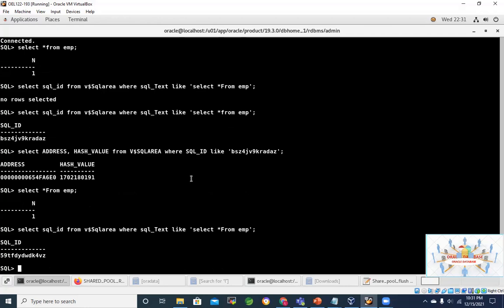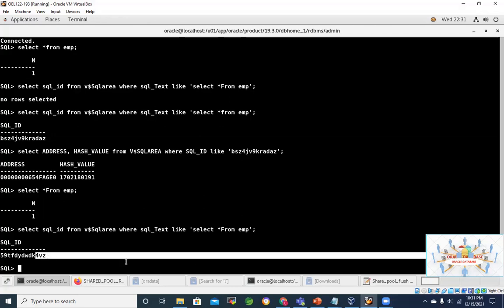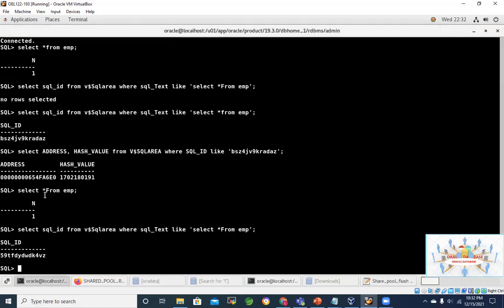So you can see the ID got different. This one is different, and this is 4VZ, and you can see my previous practical is also using the same ID 4VZ because it's using the capital. The way Oracle gives the SQL ID depends on its SQL statement. There's a direct relationship between the statement syntax and the ID assigned. The algorithm converts by looking at the statement. So that is fine.